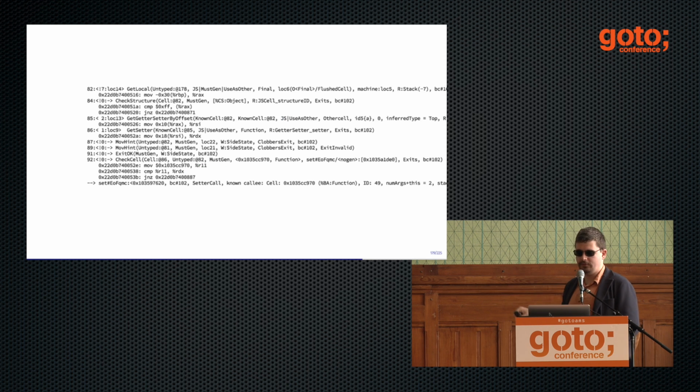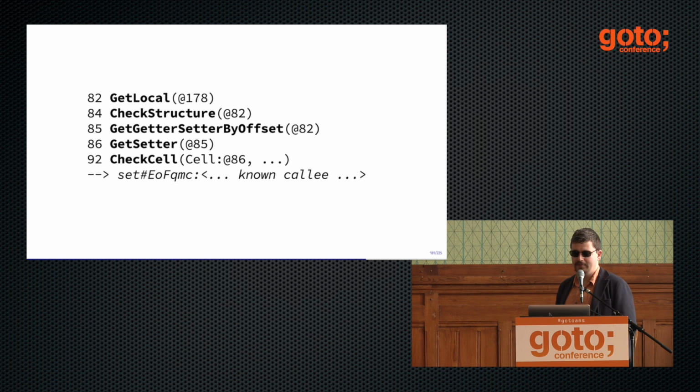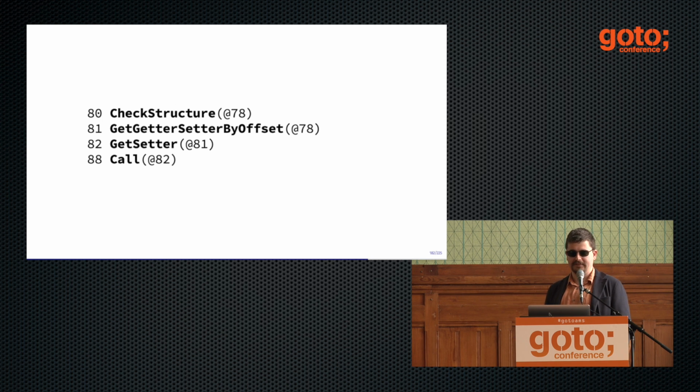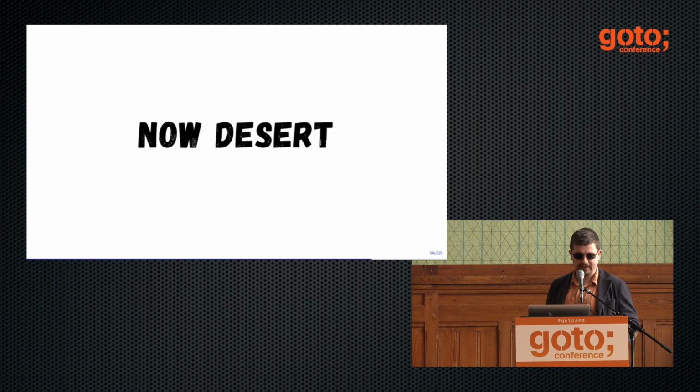So there is a lot of code. I don't want you to read it all. I will remove all the stuff that doesn't matter. But you can see that in the first version, it just checks some preconditions, and then it inlines the set call. And it inlines the get call as well. And it says known callee, so everything is good. But in the third call it says, okay, I will no longer do any inlining. I will just start calling through the generic call method. And that's why it slows down, because there are some counters, so polymorphism limit reached. That's why it's slower the third time.